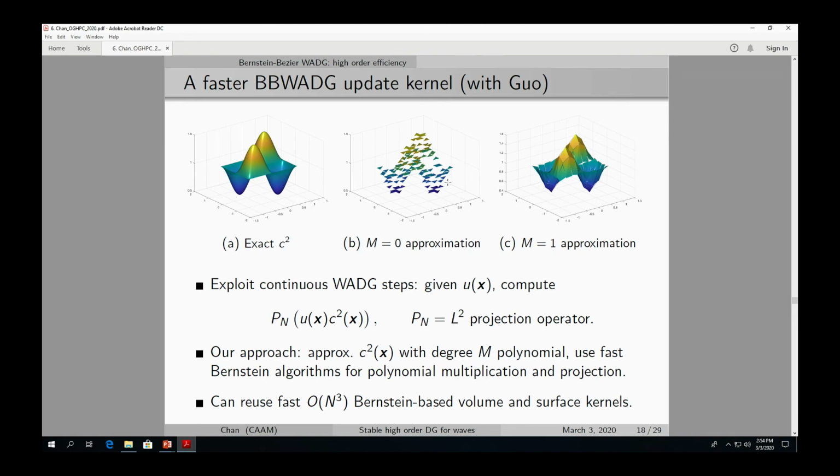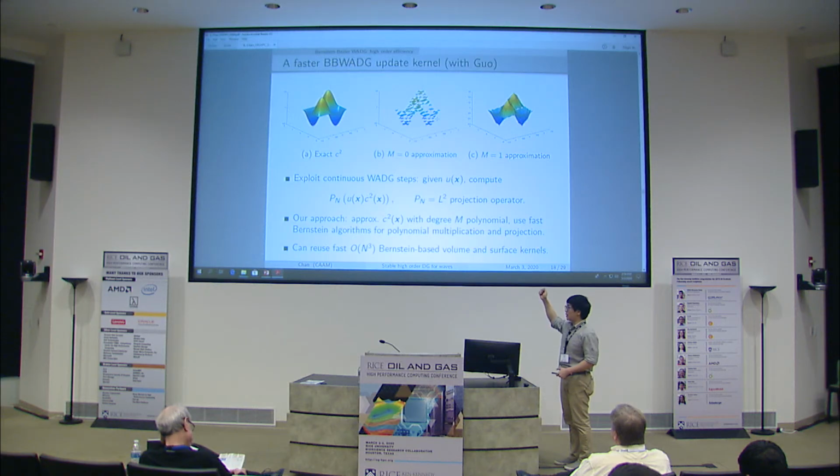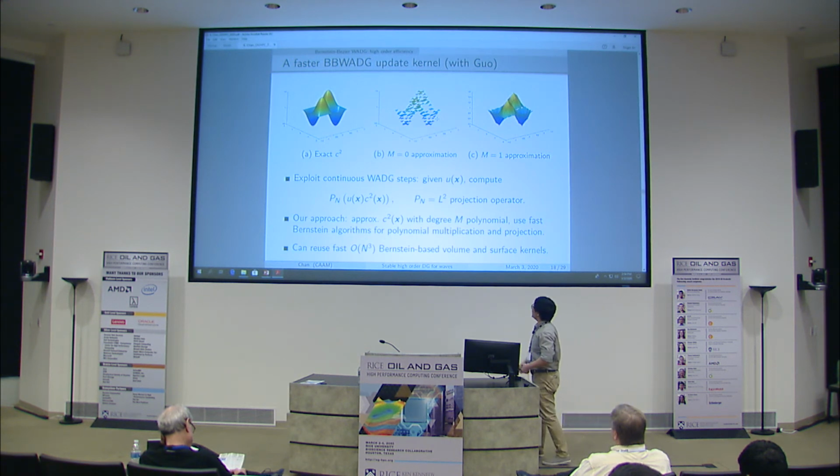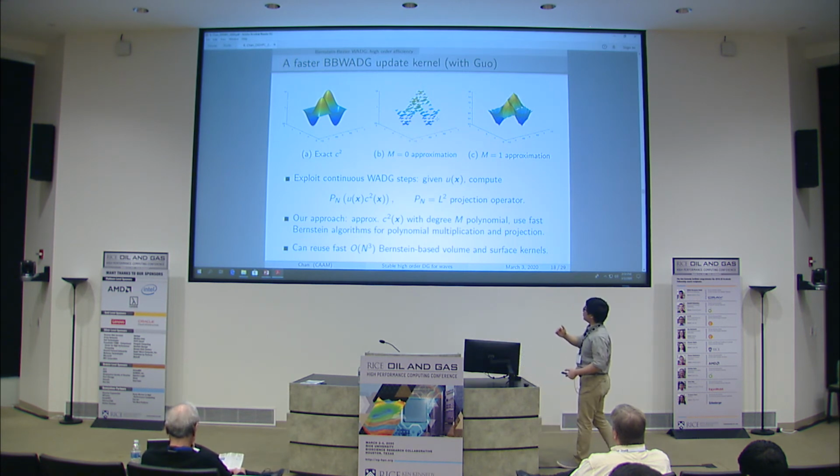So what we did was we started working with the wave speed. Instead of looking at the exact wave speed, we said, what if we approximate it using a polynomial? Using a constant polynomial, then you get a piecewise constant approximation, which, as we saw before, isn't great. But we can increase this to a piecewise linear polynomial. We can increase it to a piecewise quadratic polynomial. And in doing so, we can get increasingly more resolution and basically tune this to the amount of accuracy that